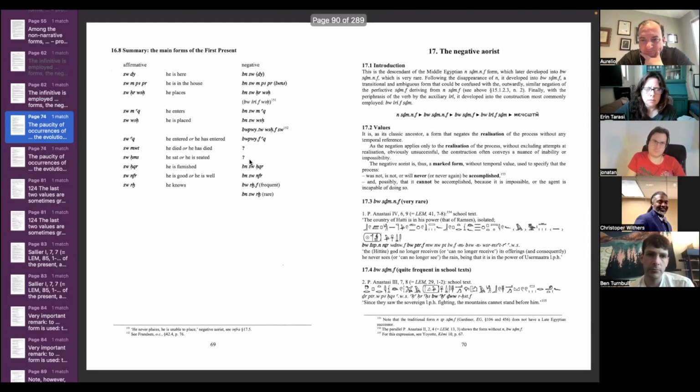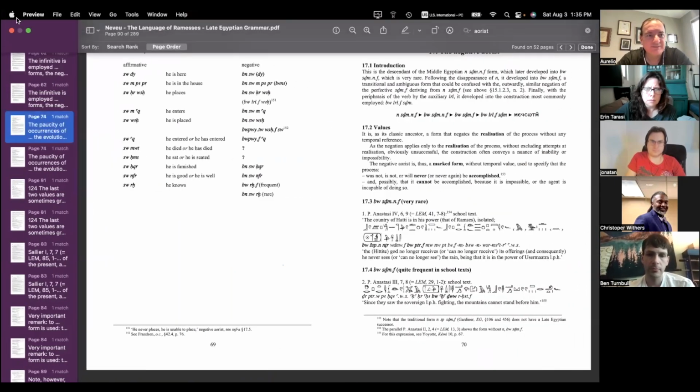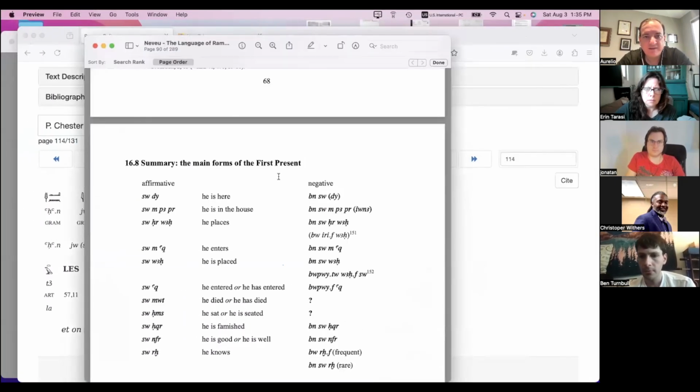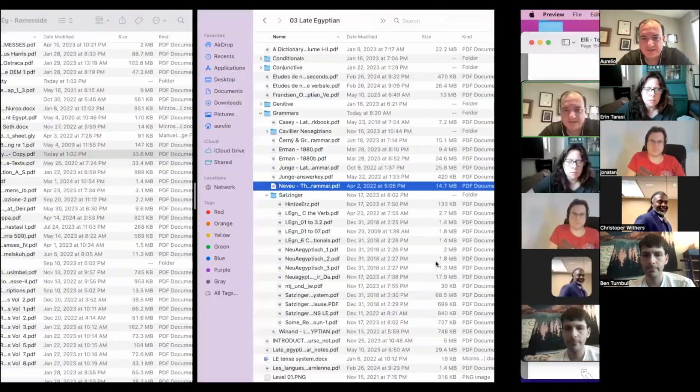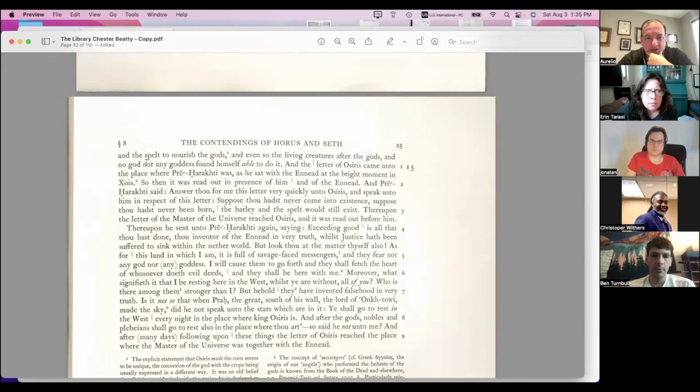I mean, let's take one more look at what Gardner has to say, because I think he had something on this one as well. Or at least his translation. Gardner, where are you? And no god nor any goddess found himself able to do it. So able, that indicates to me aorist, so that is good. To do it, that's our irif at the end. Found himself. I think that's how he's trying to get around the su. He's trying to take it as a...